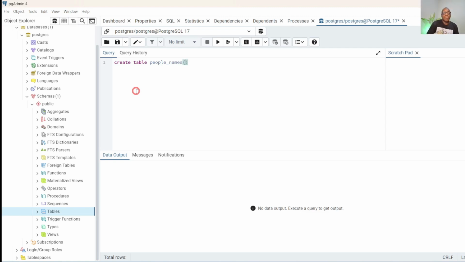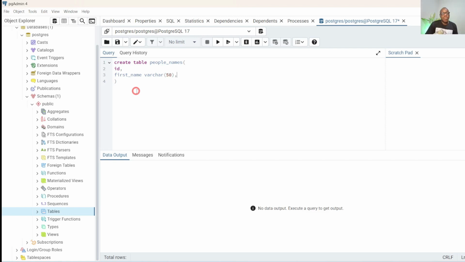Now inside that table, inside this bracket that I've created here, I'm just going to write in what I want to be in it. So I'm going to have an ID column, comma, I'm going to have first_name, and I would like this first name to be a varchar. What I mean by that, it should be a variable character. And if I want to limit how many characters go in there, I could just write 50 here,